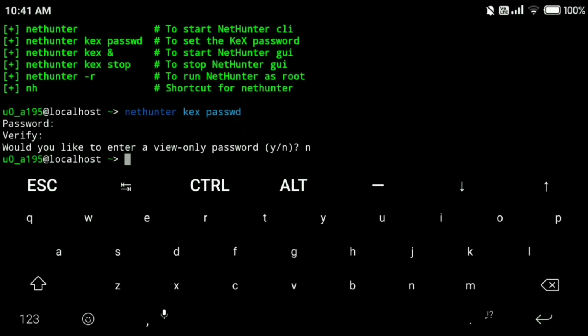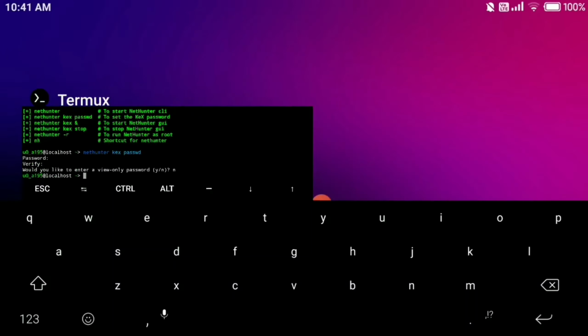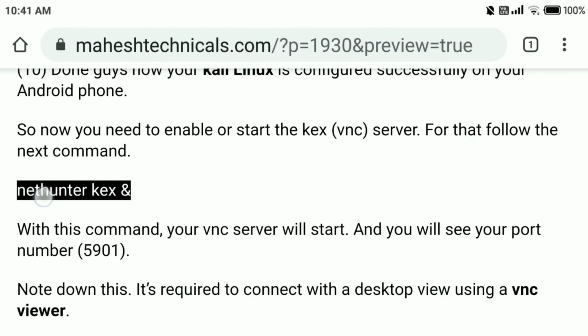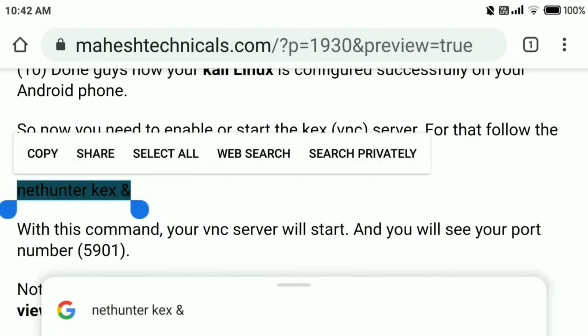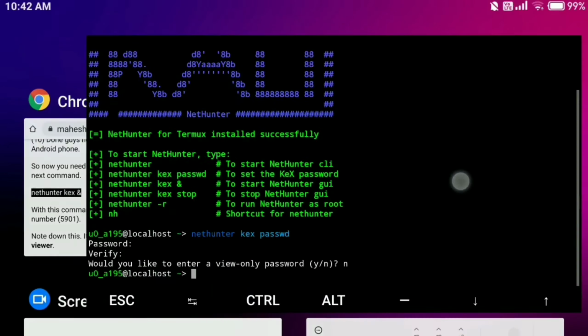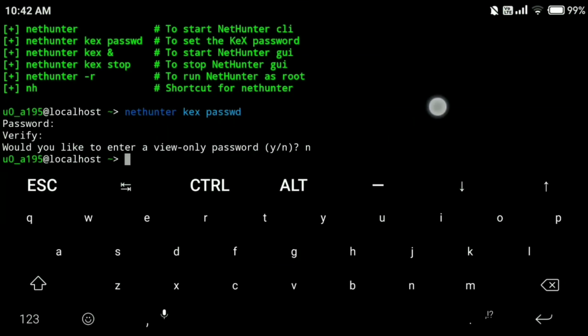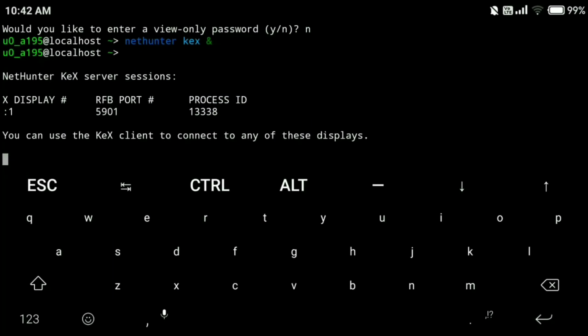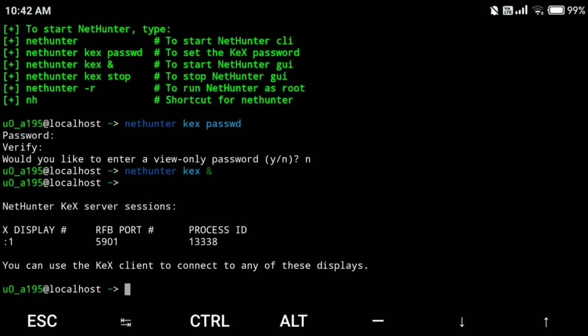Now our VNC server password is set successfully. Now we need to connect to the VNC server. For that you need to start the VNC server first. For starting, use this command, nethunter kex &. Copy that command, paste here and enter, and wait here. It will start our VNC server. You can see our server is started successfully.